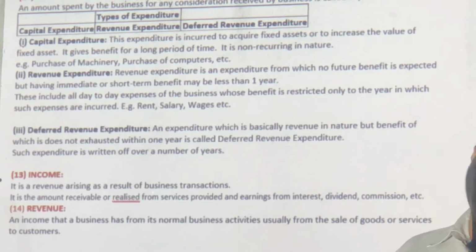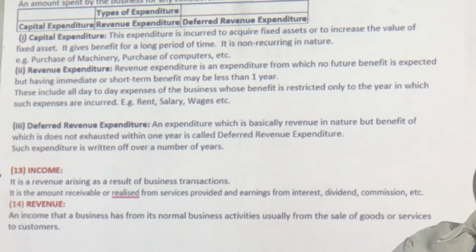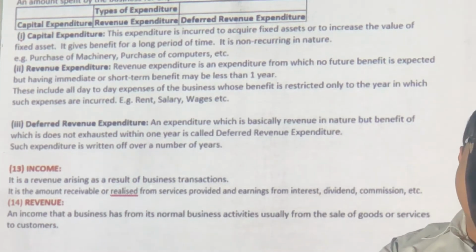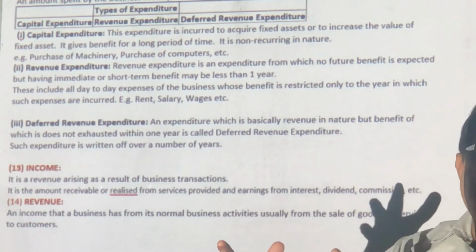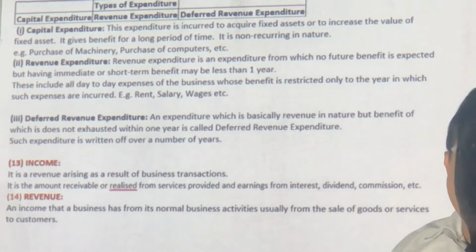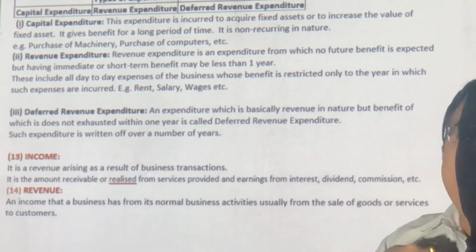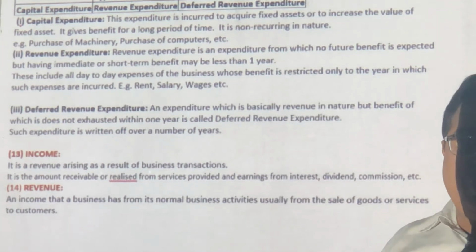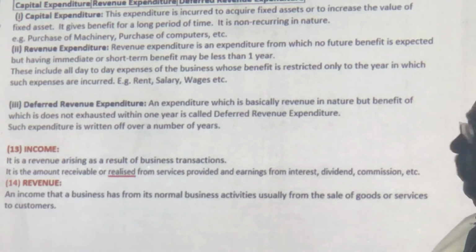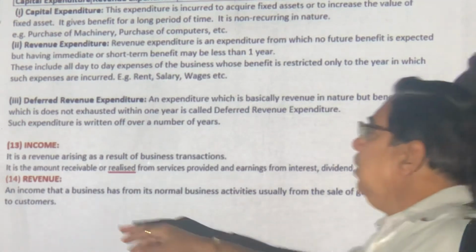Suppose you give me a 3-year license. I can't write off the whole expense. I will write off 1/3 this year, 1/3 next year, 1/3 the year after. So I will carry forward that. That is deferred. So when I buy a license for 5 years from you, or for 10 years you let me use your logo, we will have to accordingly defer the expenditure or the income. So this is why 3.